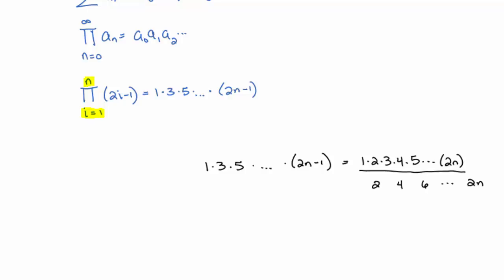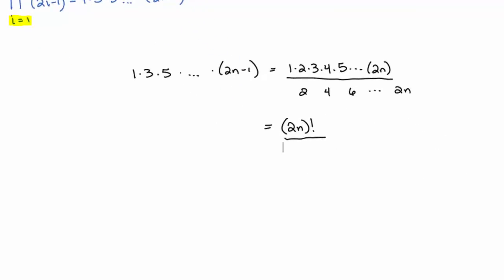And if you look at all those things that I would like to remove, and by the way, let's go ahead and all agree that that numerator is just 2n factorial. Okay. If you would like to remove 2, 4, 6, 8, 10, 12, and so on and so forth down the line, it's the same thing as saying I'm going to remove 2 times 1 and 4, maybe I should say